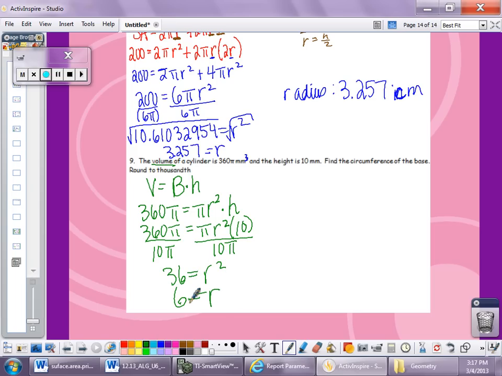Now realistically, we probably shouldn't have even rounded, so circumference is 2 pi r, which is 2 pi times 6, which is 12 pi, and unfortunately, if you're going to go ahead and use the decimal,